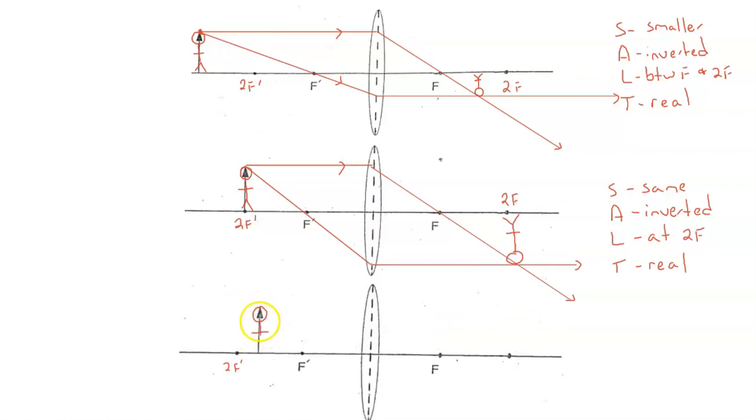So here is our little stick figure. I can go straight and through F. Might run out of room on this one. And the other one's going to go through F prime, and then I can just fit that. All right, so our image is here. Don't forget the arrows. Tell that to myself. Okay, so